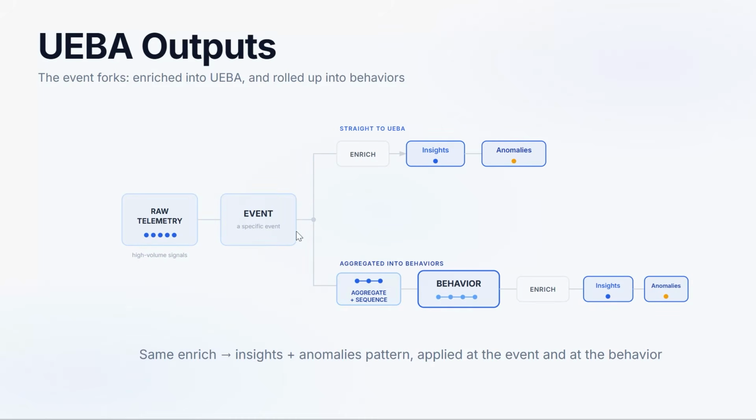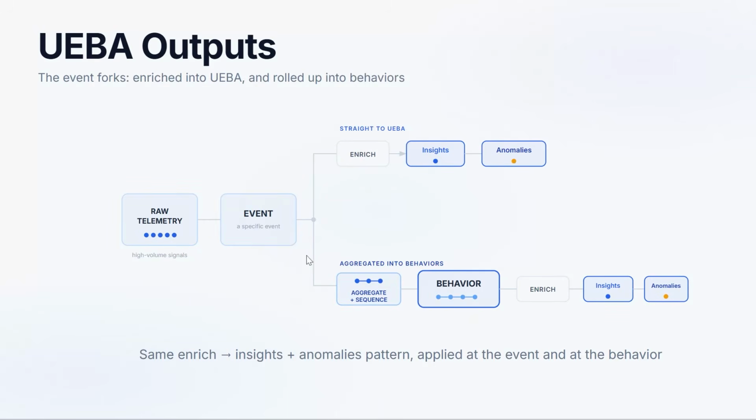The first is that this event, as it is, and this is exactly what you spoke about, Javier, goes into the UEBA engine. It's enriched by ISP, by geolocation, by threat intelligence, and so on. And we provide insights and anomalies on top of that raw event, so it is very close to the original log. We know to show there, for example, that this is the first time the event has been seen, or that it's high volume compared to the tenant, and so on. This is the UEBA we already know.